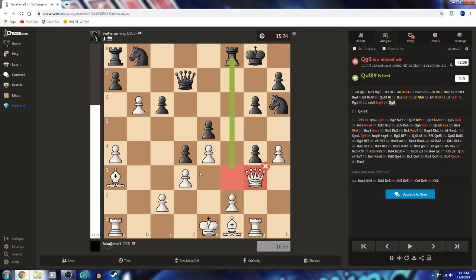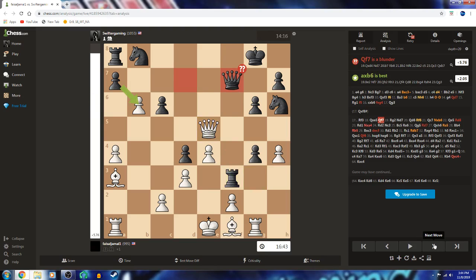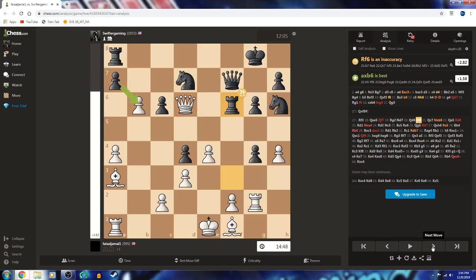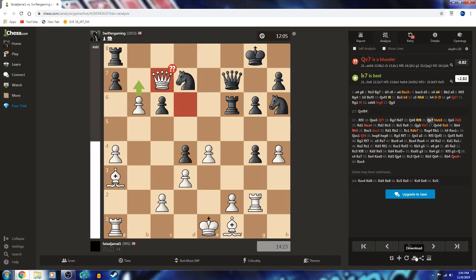Instead, he moved to g3 with the queen, getting out of the way of the rook, and then I attack his queen, and he captures, and I play queen f7, and I don't know why he didn't kill it, but he did. And I attack the queen, and he further plays with the queen. And I attack the queen once more,